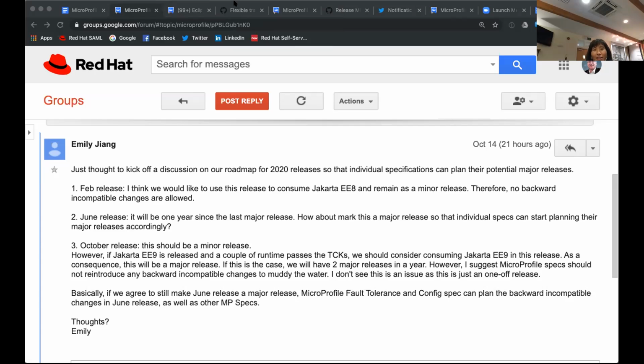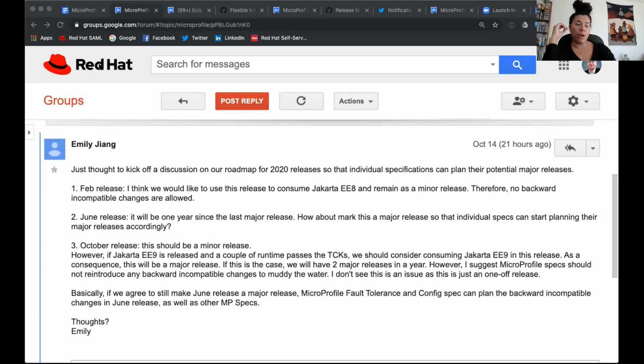But we did discuss briefly on the Java EE thread, and Ken was right to say, okay, maybe it's better to have a separate discussion about Jakarta EE9. I thought now is a good time to think things ahead, think about next year's release, so that gives specifications sufficient time to prepare for that.